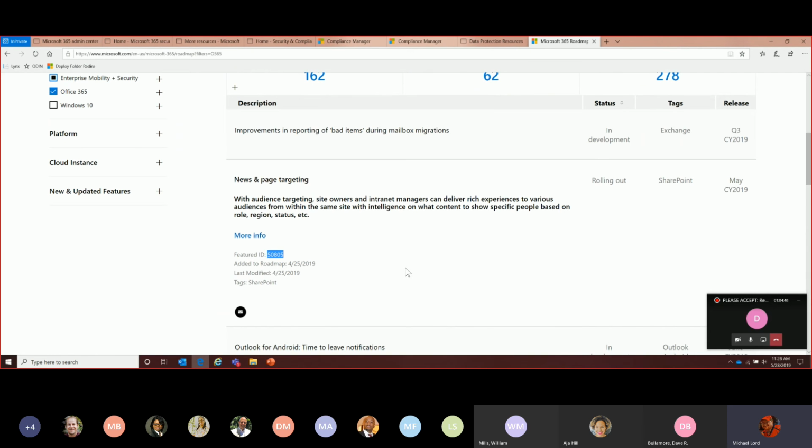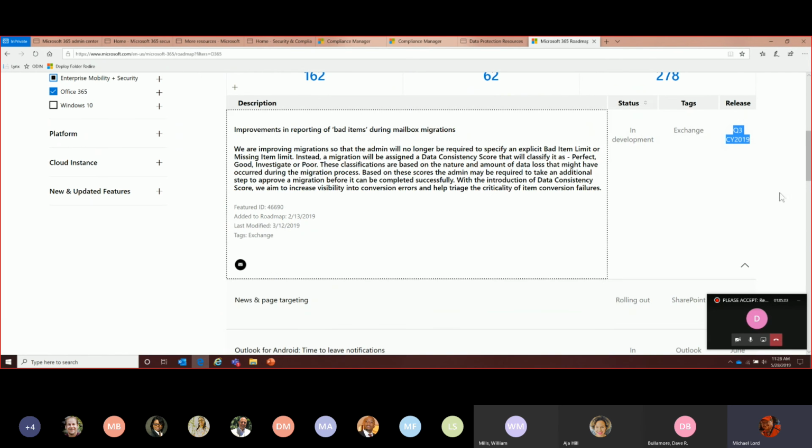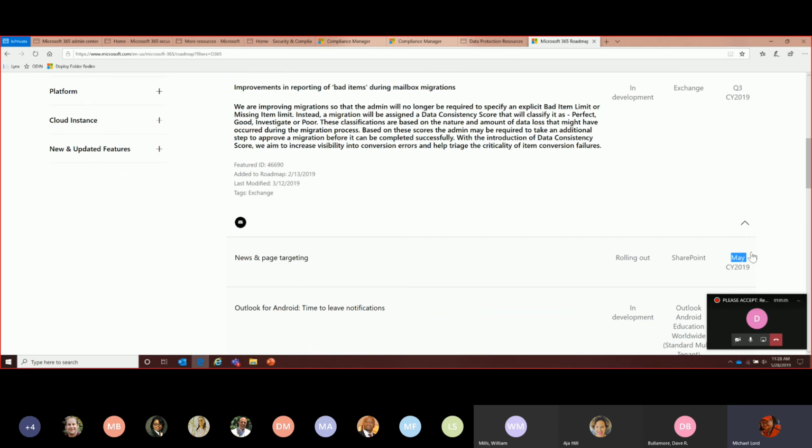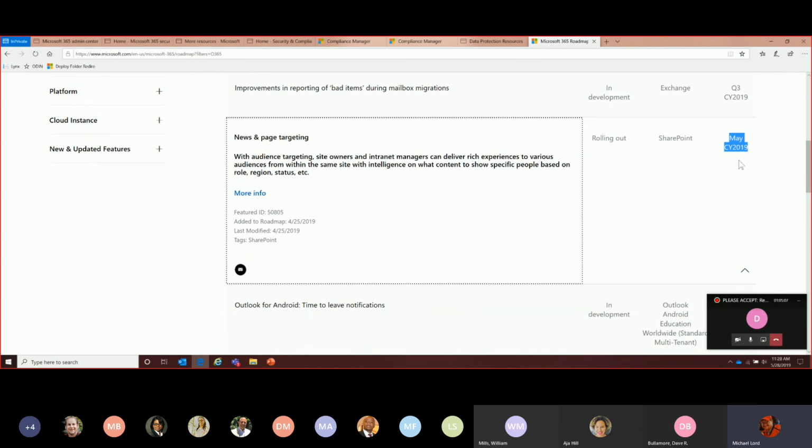Now, as these products roll out into Office 365, there's something called a message center, which is within the administrative privileges of the Service Health Dashboard. The message center will actually tell you as these things are getting into specifically targeting your tenant for rollout. So not specifically that I have something targeted for Q3 2019 or even May 2019, but when is that item hitting my Red Cross instance? That comes within a part of Office 365 known as the message center.